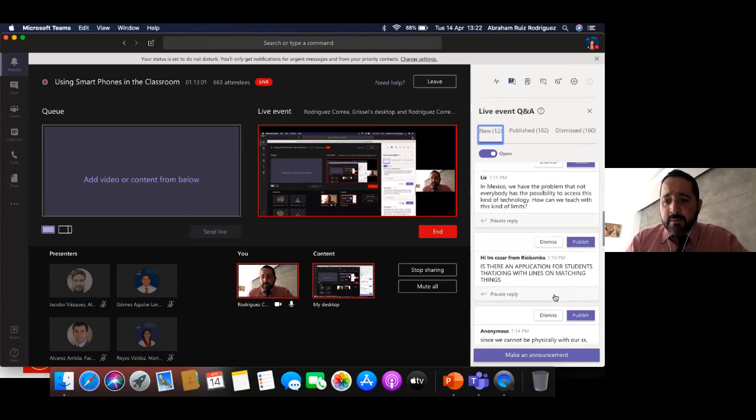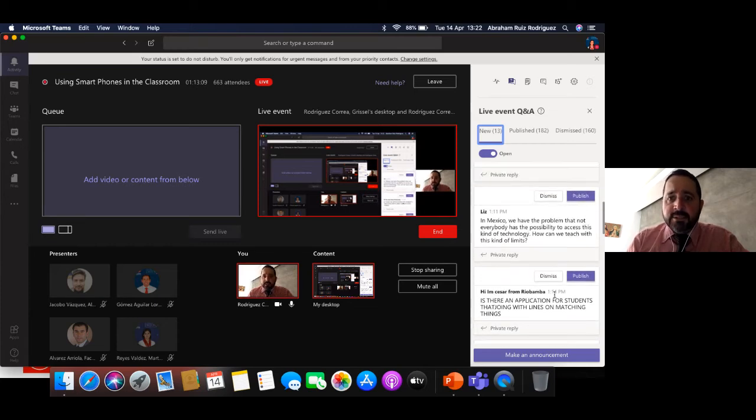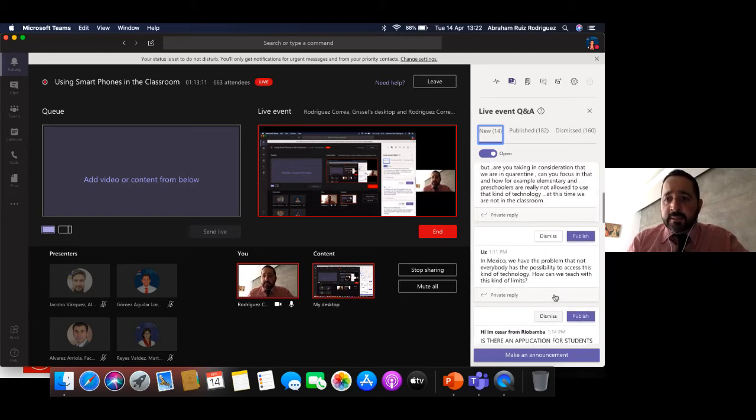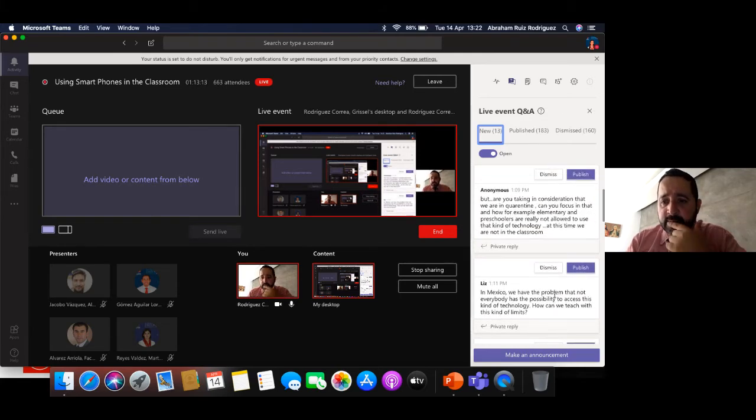Is there an application for students to join with lines, matching things? Yes, we have some apps, depending on the activities you're thinking of. Taking into consideration that we're in quarantine, how can you focus on that, for example, when elementary students and preschoolers are really not allowed to use that kind of technology?